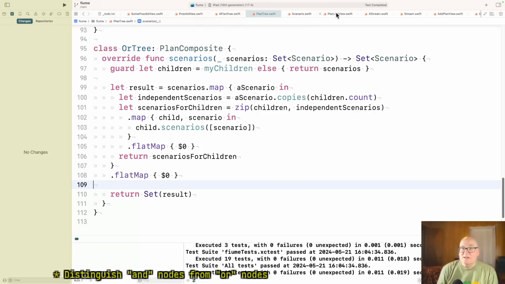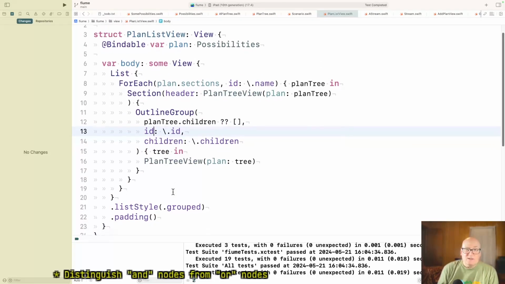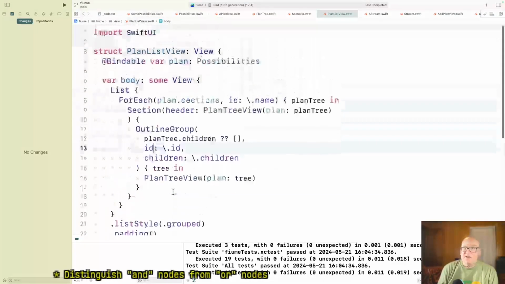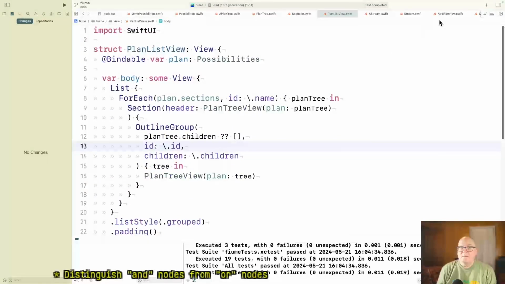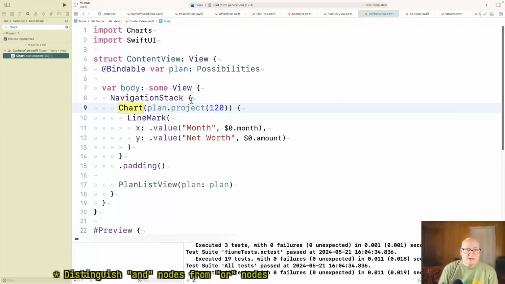And the answer is, well, it's probably going to be something with plan list view, and it's going to be wherever our chart is. Content view, of course, yeah. So right now we got plan.project, but I don't think plan should be doing any projecting, right?